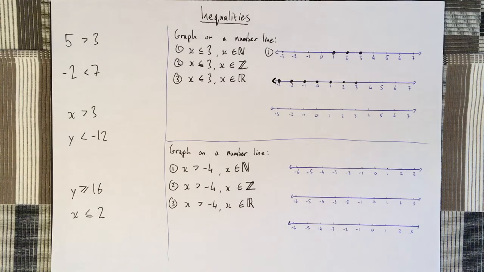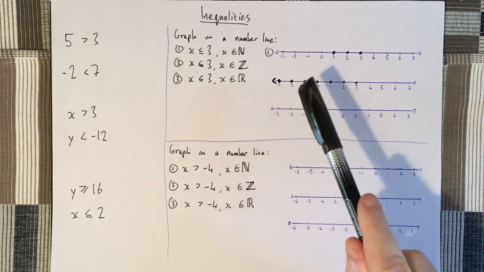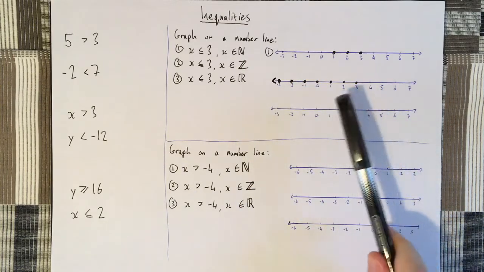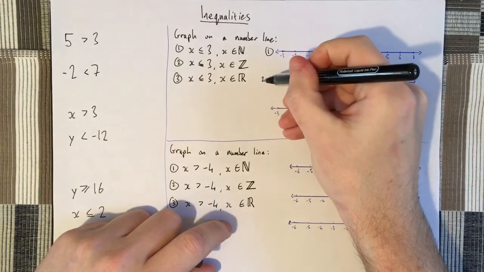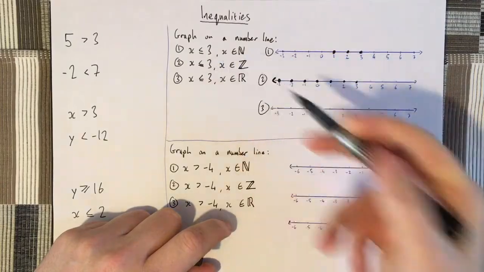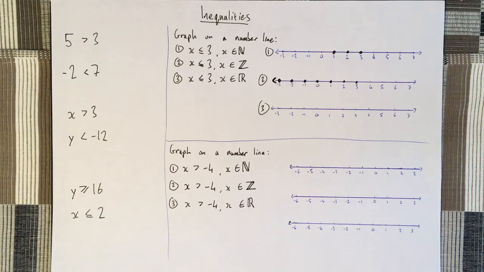Okay, but the important things with these ones are you're only putting dots on the whole numbers. So anything between 2 and 3 is not an integer, is not a natural number, because natural numbers and integers are only whole numbers. Third one here that I'm asked to graph then is the same inequality. x is less than or equal to 3, but this time I'm asked to graph it